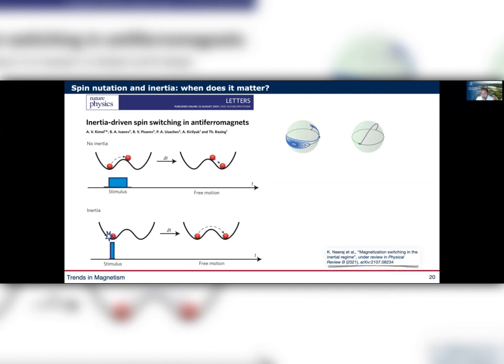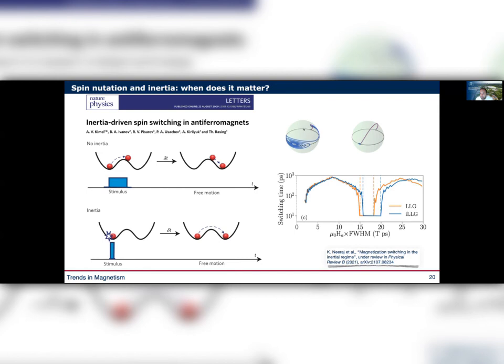So we solve the inertial energy equation and see what happens if you apply a short, intense magnetic field pulse, and how the magnetization switches. And what we observe is that we can distinguish two ways of switching. The first one we call precessional, and the second, ballistic. These are terms that have been used in the literature, but sometimes in an equivalent way. We call precessional the one where you actually observe the precession, and ballistic where, with your field pulse, you really bring the magnetization the other way directly.